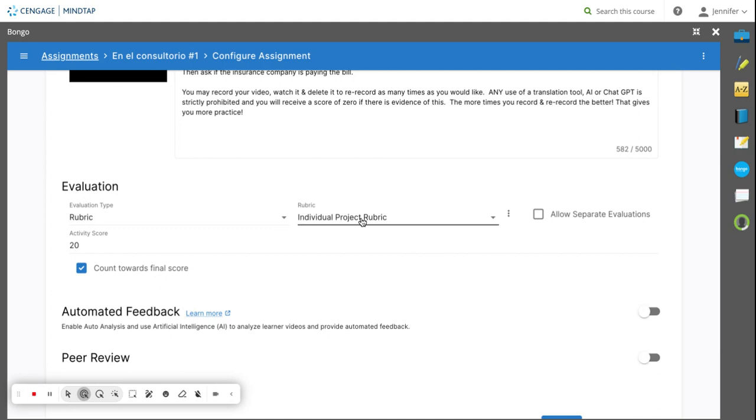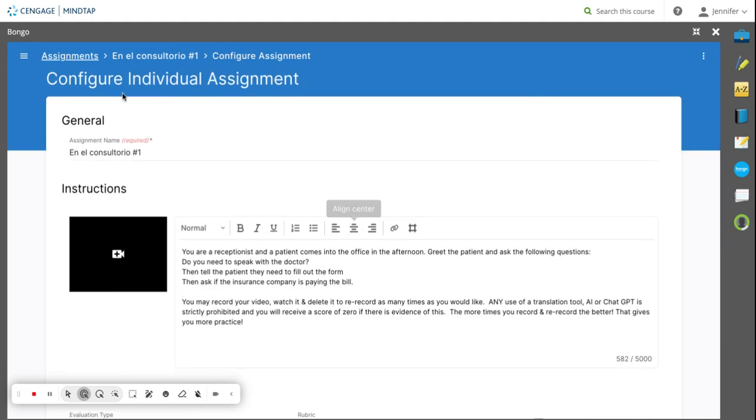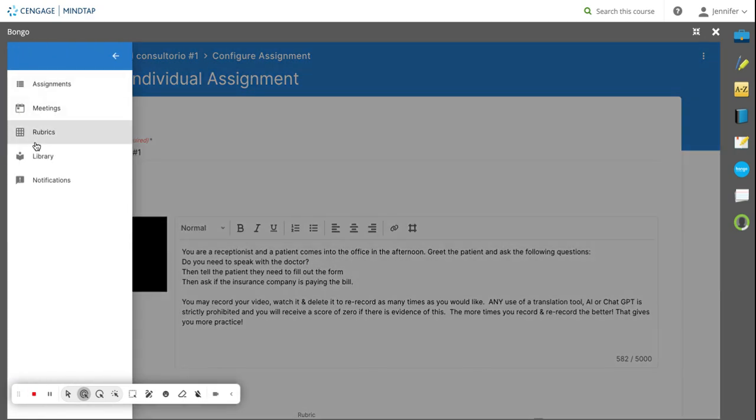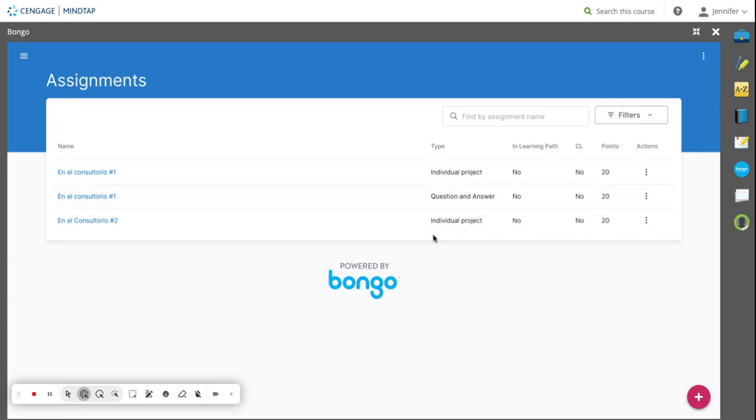We talked about using the rubrics, the different rubrics that you can have up in the Bongo assignments. For this particular one, we just selected a rubric just for the sake of showing the different types of grading. Then we have the question and answer,